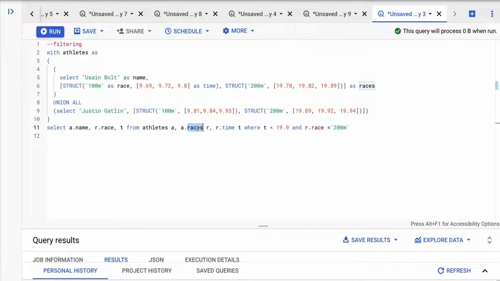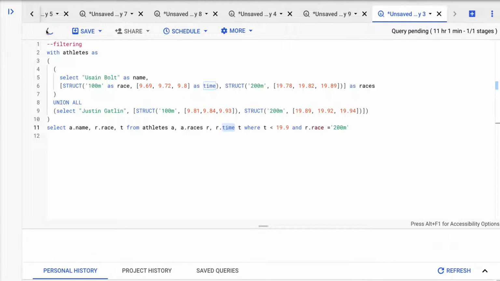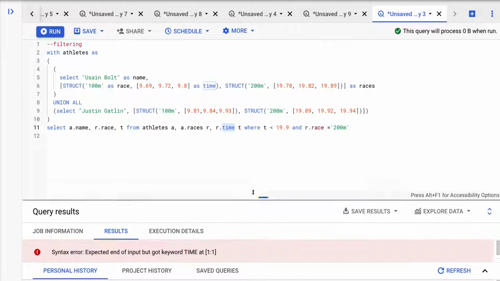Races is an array, and inside that array we have a struct, and that struct has another array called time. So this is like two levels deeper. We join athlete with races with time. Once you do that, we can simply add a condition t less than 19.9 and add a filter race equal to 200 meters. Now if you run this, it will,